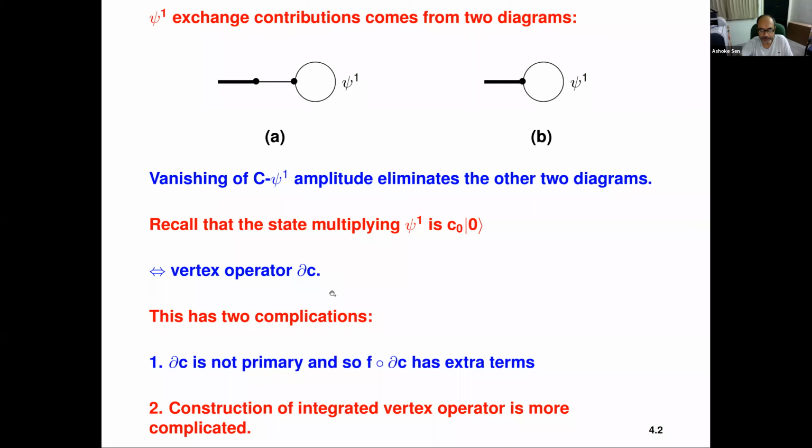But this is something that has to be taken care of. Also, this amplitude has one integral to do, because the beta has to be integrated over. Remember that we parameterize the vortex by placing the closed string vortex operator at I and the pair of open string vortex operators at beta and minus beta. But then beta has to be integrated from 1 over 2 lambda tilde to 1. So we do need an integrated or an analog of an integrated vortex operator for one of the psi ones.